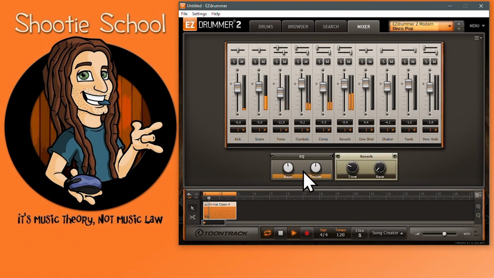Here is simply an EQ. Remember that these effects are not placed on the master fader affecting the entire kit. Remember that when you turn knobs, the channels that turn orange are the ones that are affected, in this case